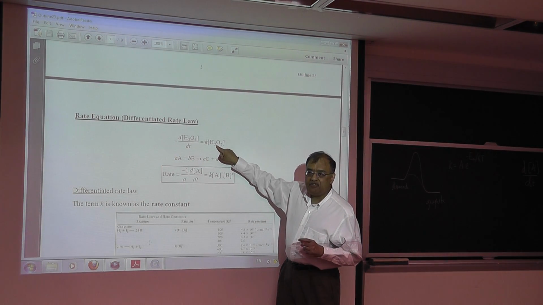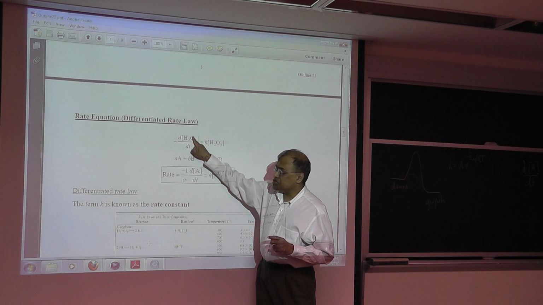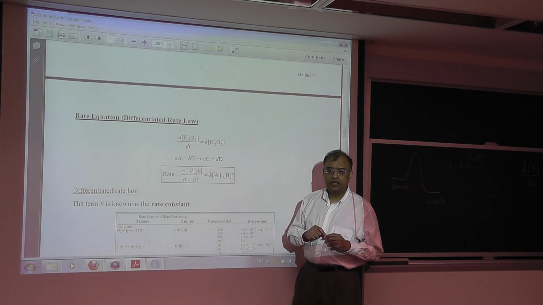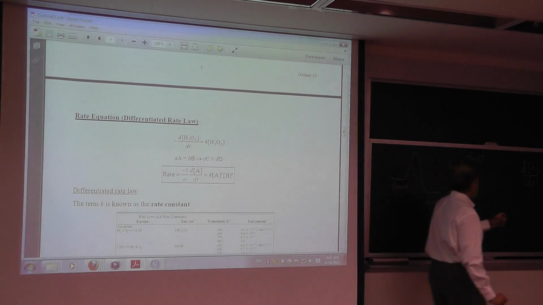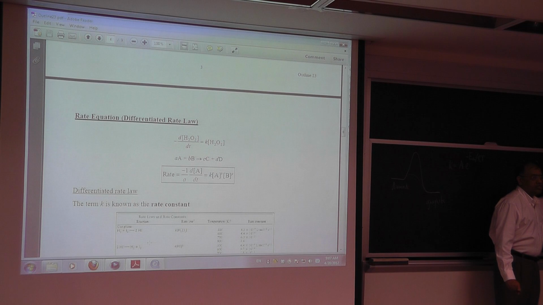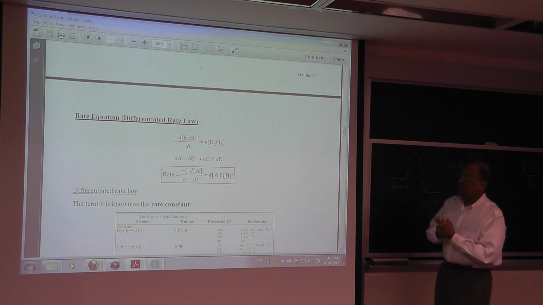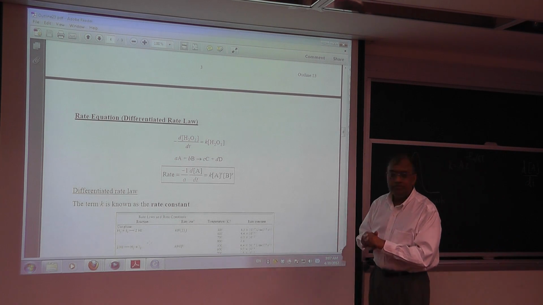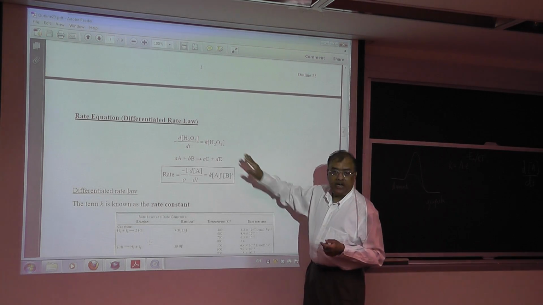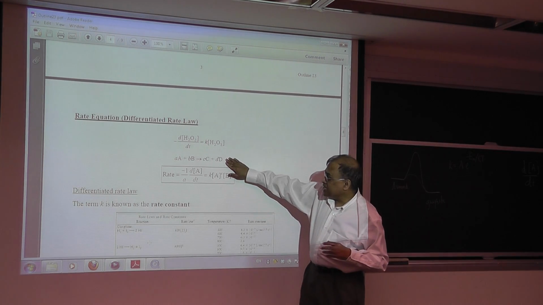This is called a differentiated rate law because you have a differentiation on the left-hand side. If you haven't taken calculus, just make this conversion from this to this. Wherever you see this, you can write this. Okay, this is an example of a differentiated rate law for the decomposition of hydrogen peroxide. For my favorite equation,